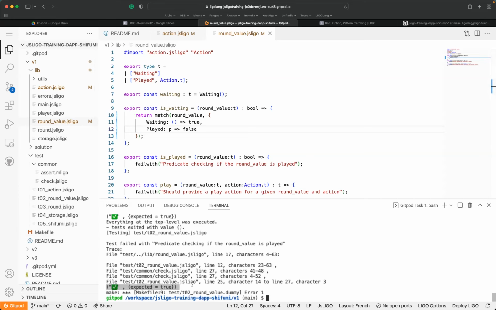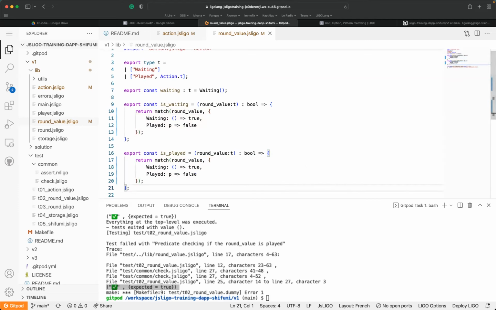So there it does not mention that you have a warning. I guess you would if you compile the code, but it's a test, so this is not important. The same for is played. So here, what we're going to do is just check if my round value is played or not. So here this is false, and this is true.